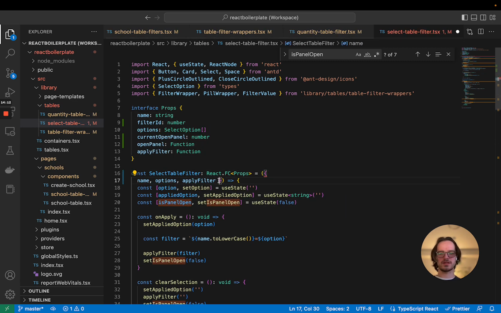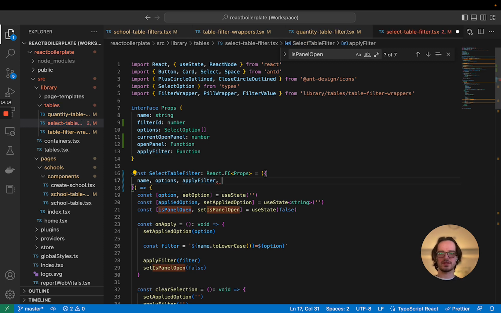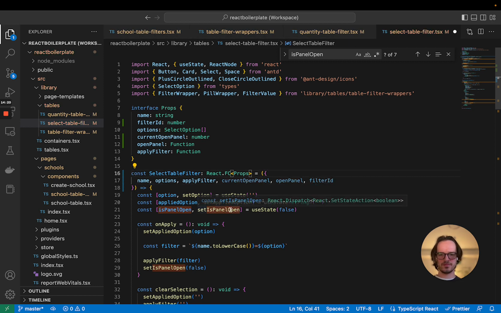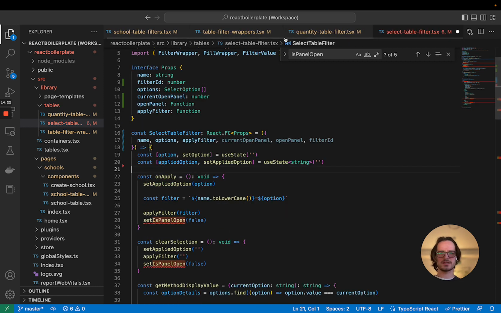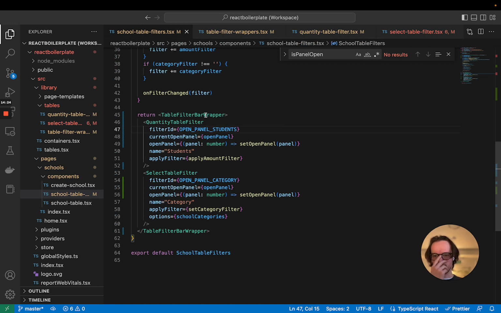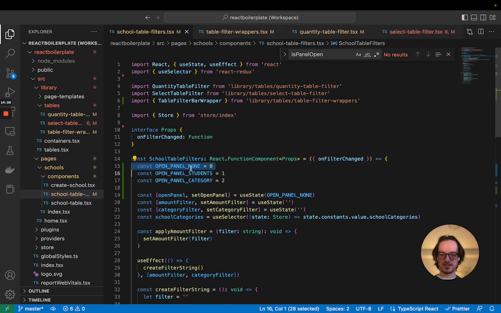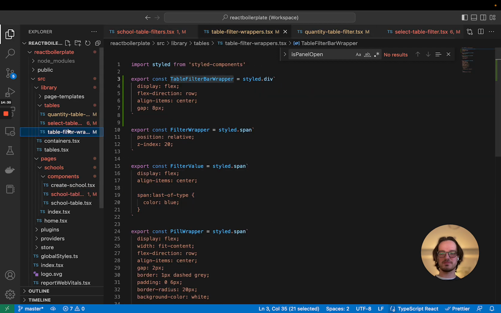Okay, let's do the same thing on this one so that we can try and get this all to render. So the current open panel, the open panel method, and filter ID. You no longer need this. One thing is this open panel none. I'm actually going to put it